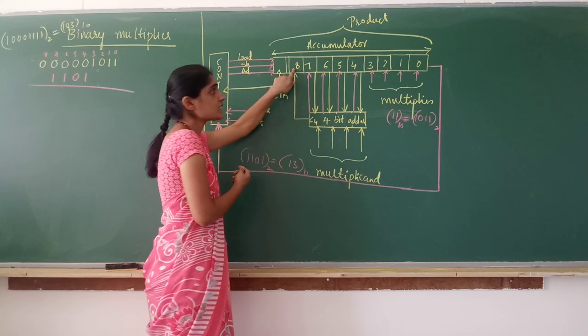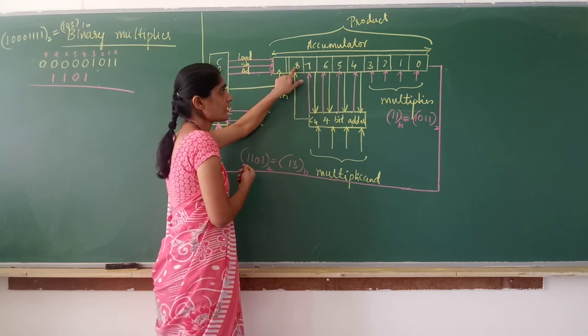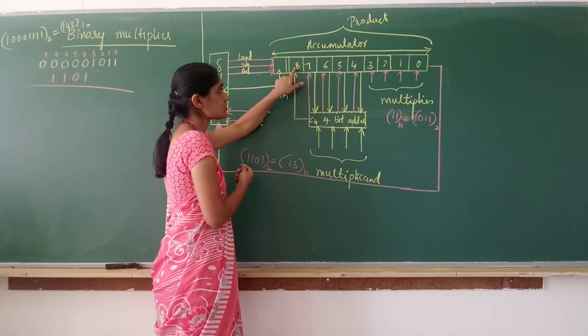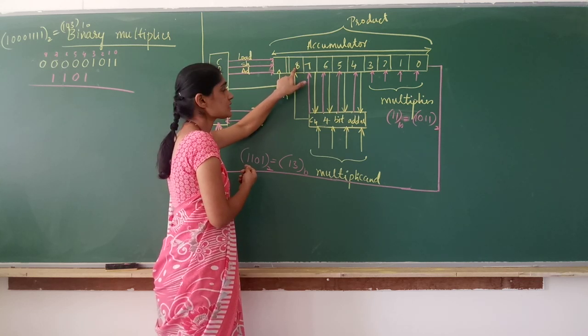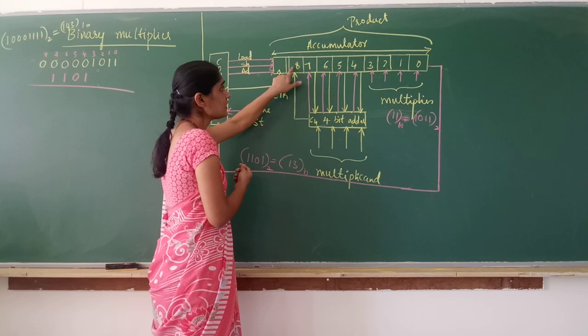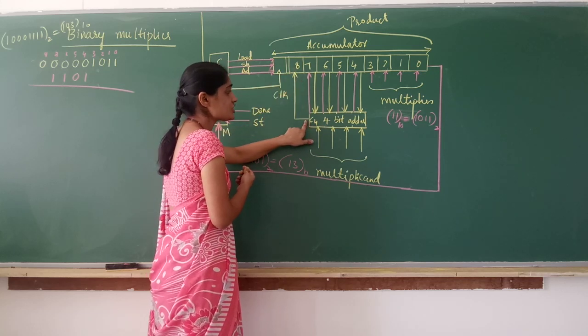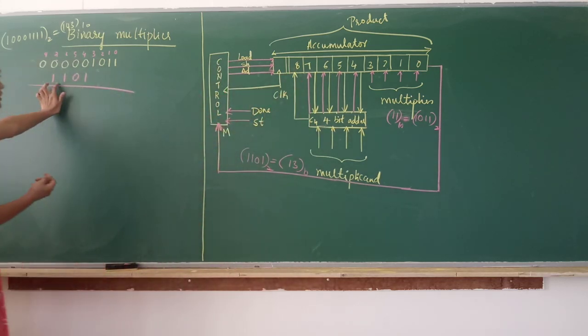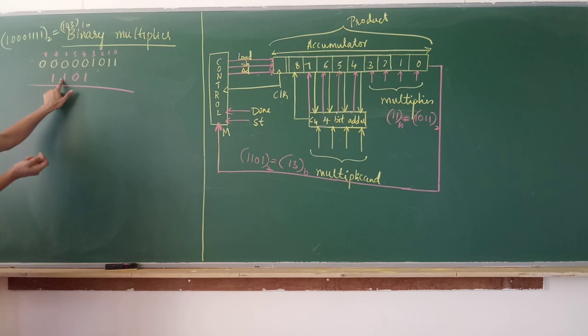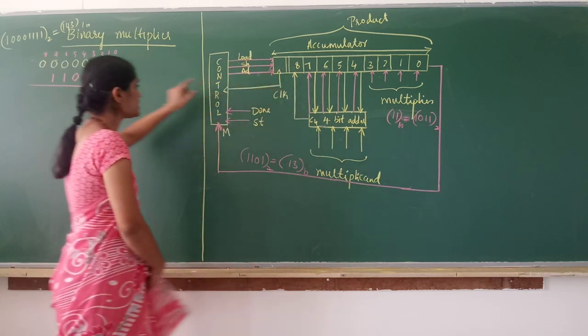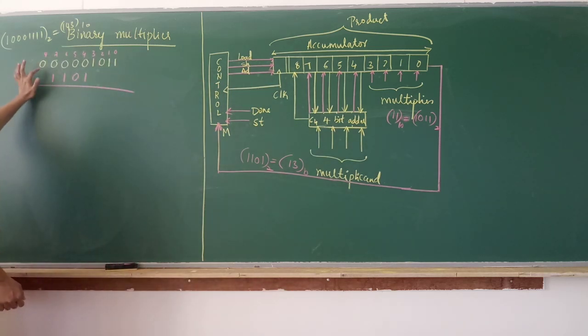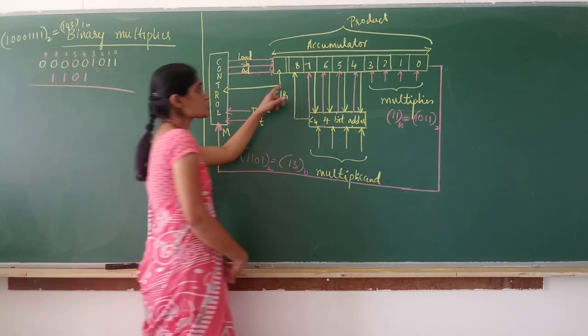I think now it is very clear why we have the extra box here, why the product register is of 1 extra bit. It is not just 8 bit, it is 9 bit. Why is there another 9th bit here? It is because to store the carry generated during the addition process. See, when you add these two, carry may be generated. So that carry will be stored here. Initially that carry will be taken as 0. In the next addition process, if there is any carry generated, that will be stored here. Okay, so this is to store the carry.